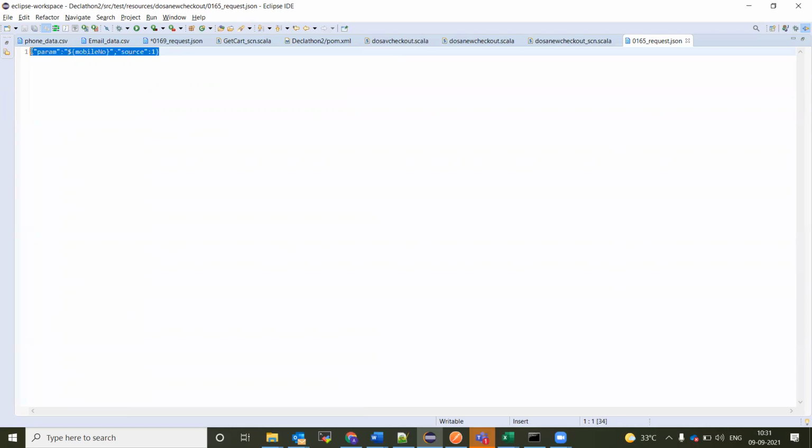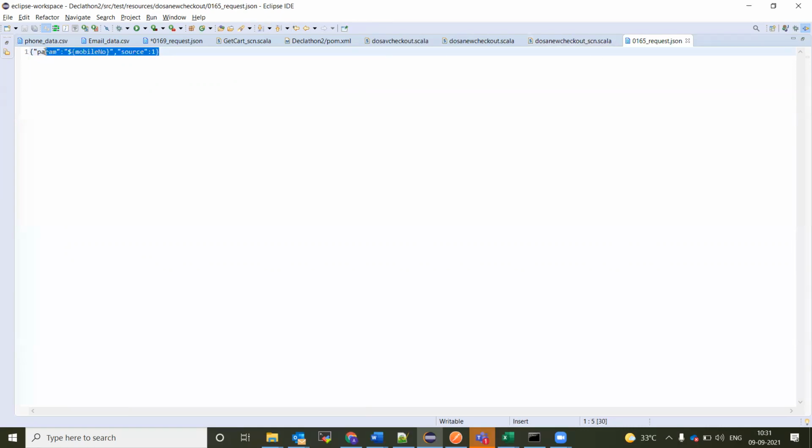It will consider that as a static value and send it in the request. So you will get invalid mobile number or the mobile number is not in a proper format. So you change it here, but you are not changing that as an EL raw file. That will be a problem.